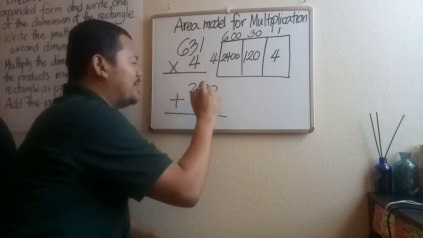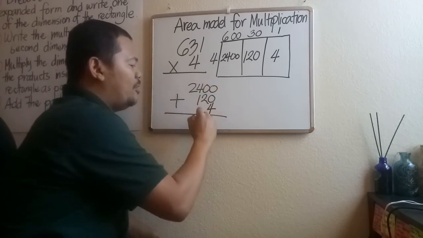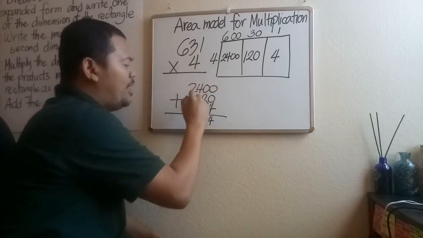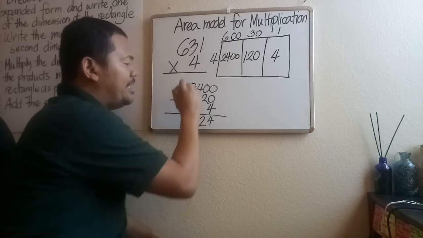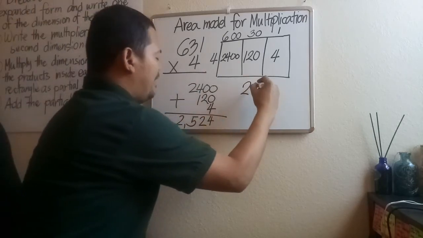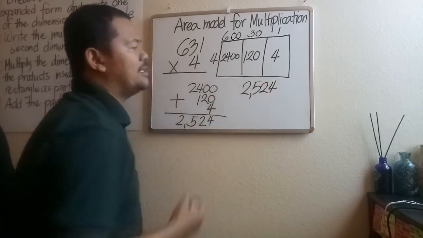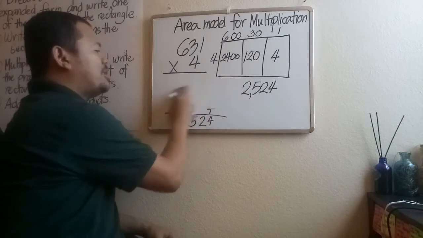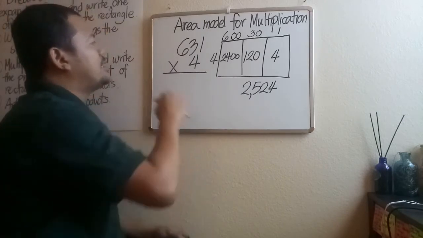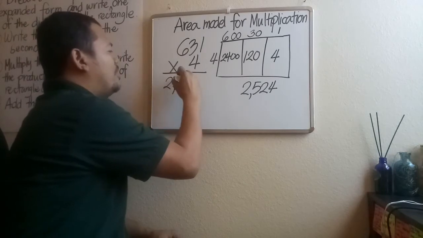Okay? 0 plus 0 plus 4, we got here 4. 0 plus 2 equals 2. 4 plus 1 equals 5. And bring down 2. The answer is 2,524. Okay. So you can write your answer. When you say 631 times 4, the answer is